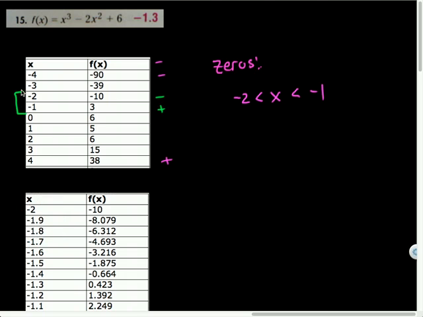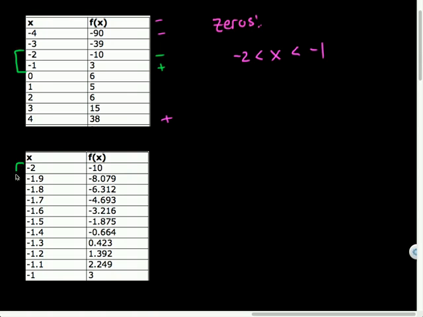So basically, this little green arrow here, or bracket, I guess, has now become this whole thing, right? So imagine I just zoomed in from there to there, right? And now I'm looking at specifically between negative 2 and negative 1. And looking at these, where do you think the 0 occurs? Right, look, negative, negative, negative, positive, right here. Aha, it went from negative to positive. So somewhere between negative 1.4 and negative 1.3 is the more accurate